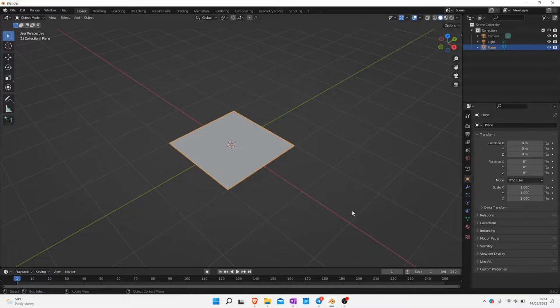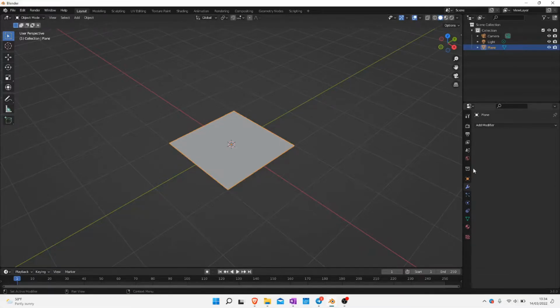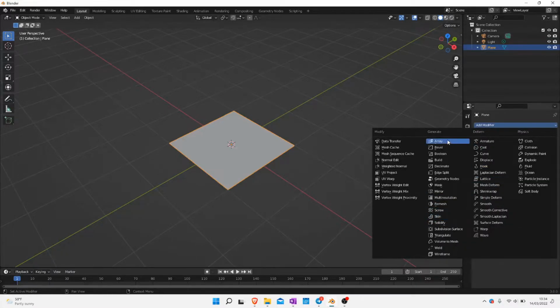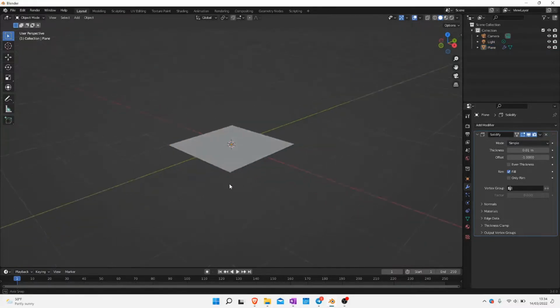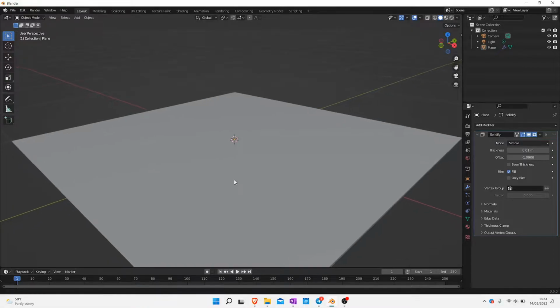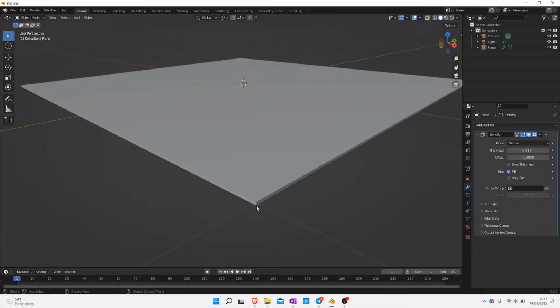Now what we're going to do with this is add the Solidify modifier to it. So if we come over here to our tab and go to our modifier properties, in Generate, go down to Solidify. Now nothing has really happened until you zoom in. As you can see, there's now a little bit of thickness added to the 2D rectangle. This is just a default thickness that's been added. If you come over here to the modifier, it's 0.01 of a meter. And if we change that to 0.03, you can now see that it's been